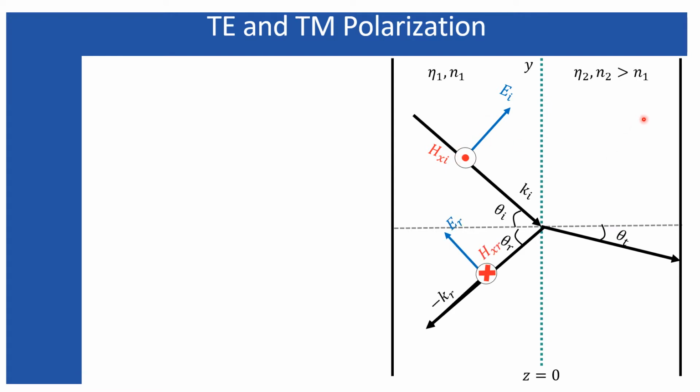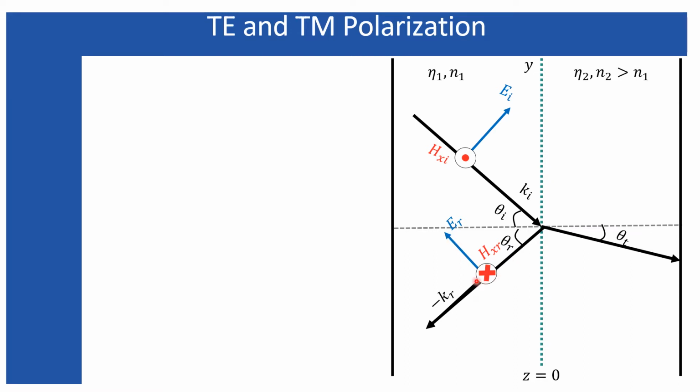Similarly, in the case of the reflected wave, we know that the electric field represents the direction of propagation, so we generally do not alter its direction. Rather, we prefer to alter the direction of the magnetic field. So in this case, in order to represent the direction of the reflected wave, I have denoted this as minus kr, which represents that it is reflecting back into the first medium.